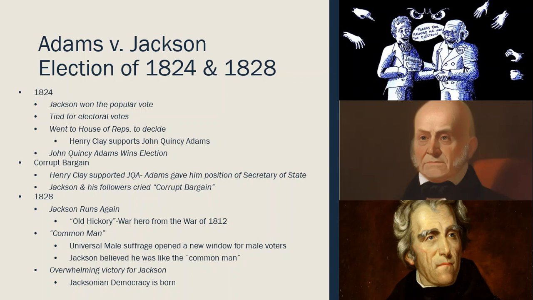Thomas Jefferson's Secretary of State was James Madison, who became president after him. James Madison's Secretary of State was James Monroe, who became president after him. And I just said that Monroe's Secretary of State had been John Quincy Adams, who just became president. So it felt like by naming Henry Clay as John Quincy Adams' Secretary of State, he's essentially handpicking the next president. And this is where Jackson felt that this was a level of corruption that had to be changed